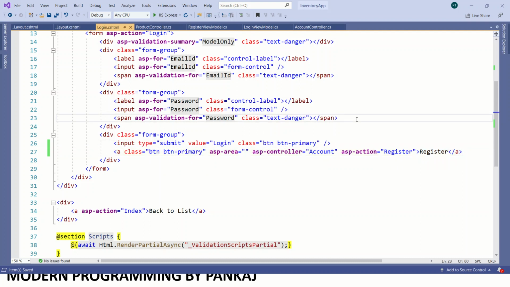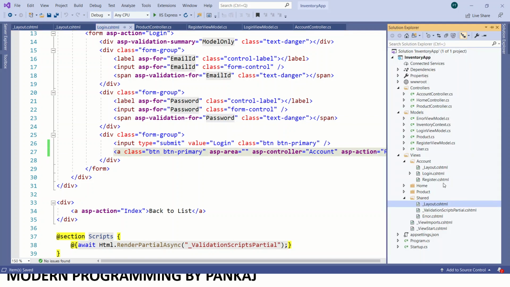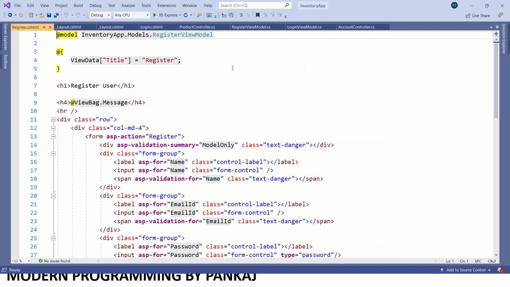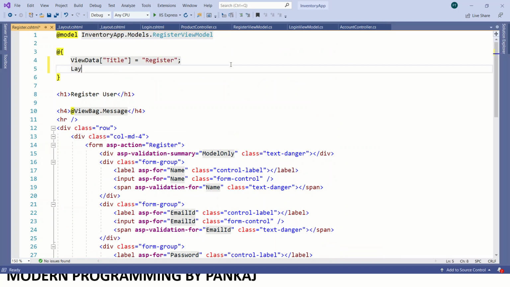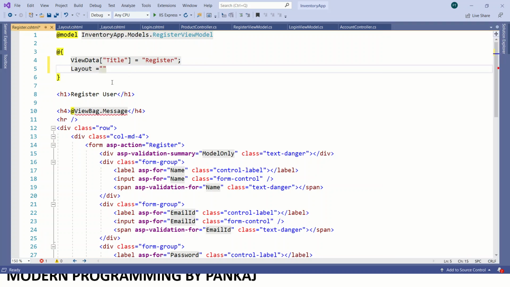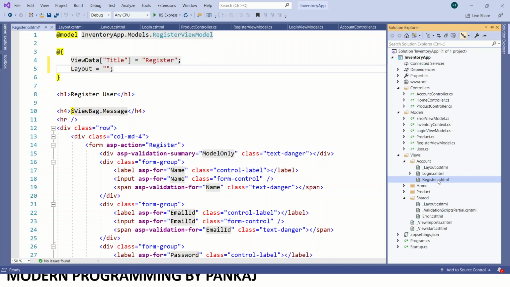Now in our register and login pages we will set some other layout. If you want to change the layout of your page, you can set it explicitly from here. Let me add the reference.